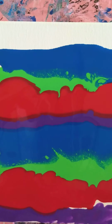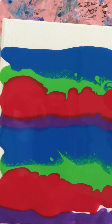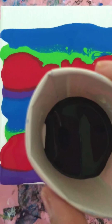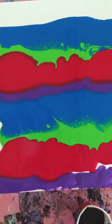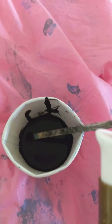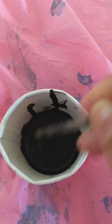So this black paint is still the 1:2 ratio, so I will just add 1 spoon of water in it, and that has to be the RO water. Okay guys, so this is the black paint. I've added half a teaspoon of water in it. Then I'm adding just 2 drops of the silicone,